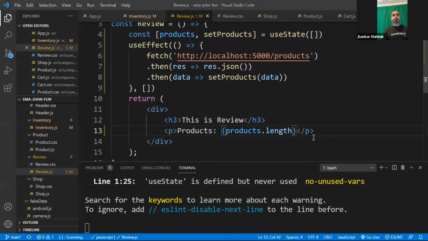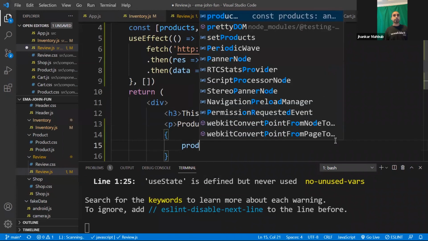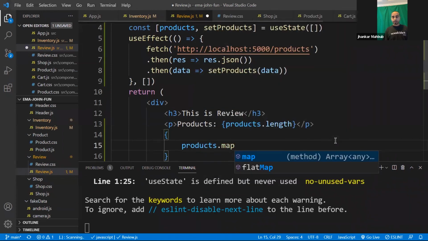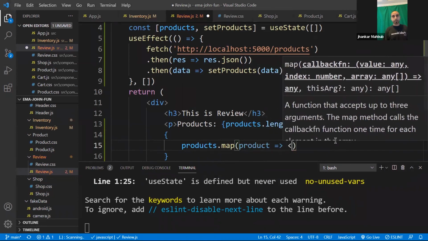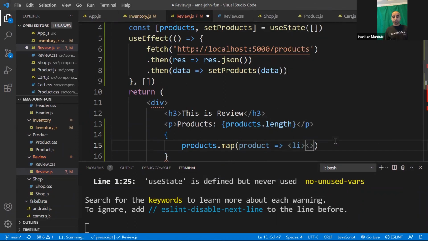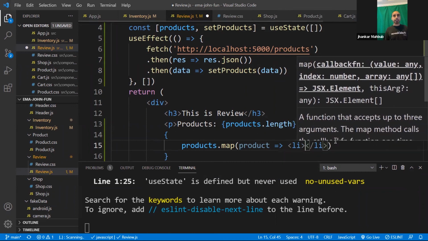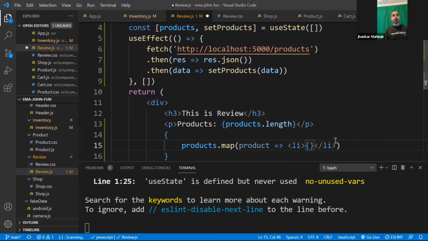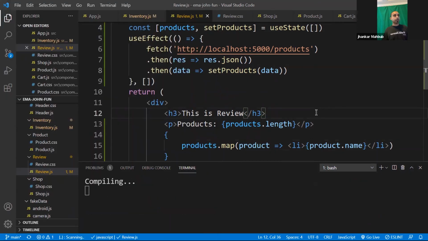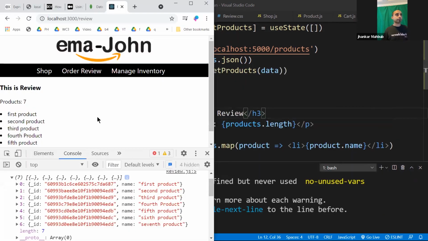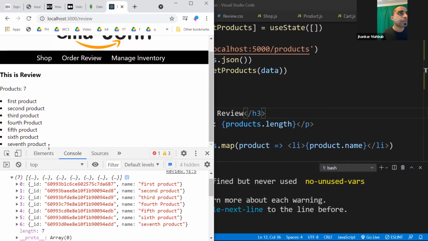And if you want to display it in a very simple way, you can go to products.map, and then you can take every single product and create a list item, right? A simple list item. So this will be your li, and here you will do product.name, because if you see, every product has a name. So if you save this and go to your website, you see all this product name is added,